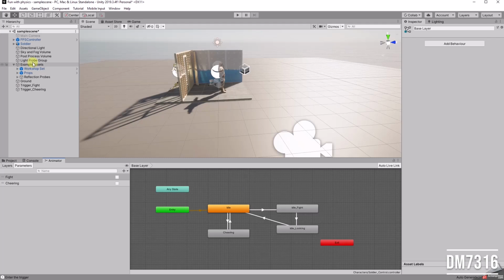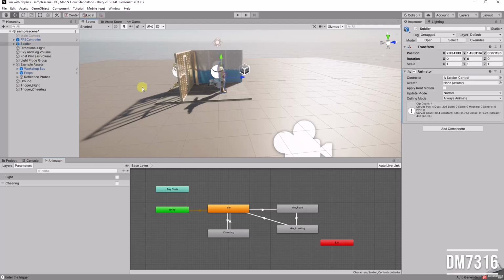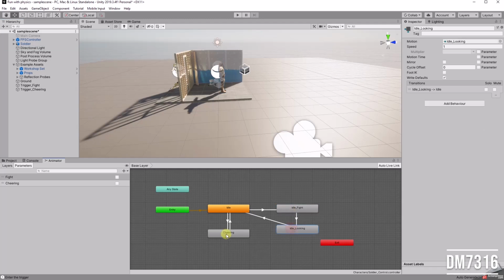So, just to summarize, you have your character, okay? He has an animator. So this animator means he will be animated. There are different ways to animate him. The animator is connected to a controller. Okay, so this is a controller here that you can see in the animator. And this controller has different animation